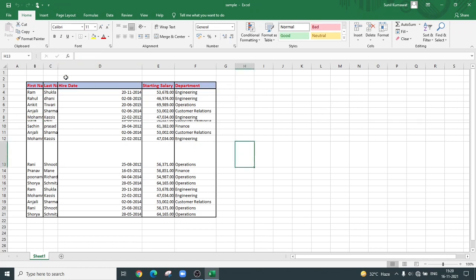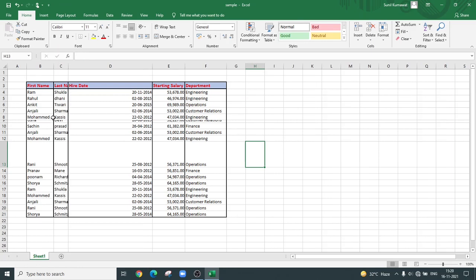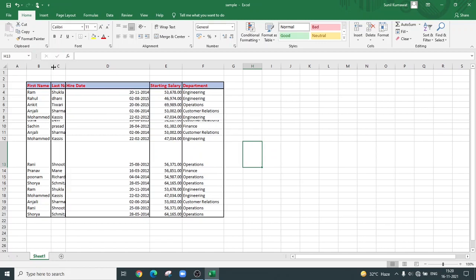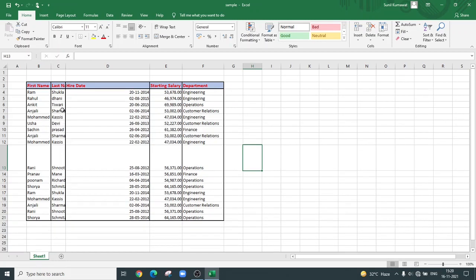So for this you need to adjust the width of the cell. For that you need to select it and increase its size. But now the size is more than you required. So if you double click on that, it will automatically adjust the size properly. See, it's now clear. Similarly, if you want to see Usha, you can double click over here, you can see. But if you have data more than